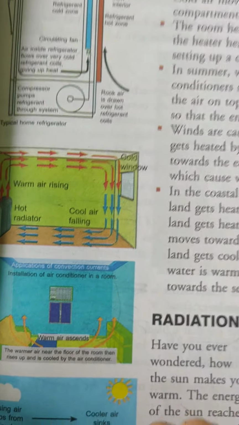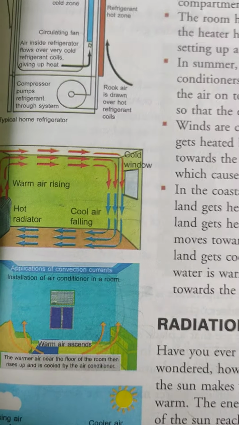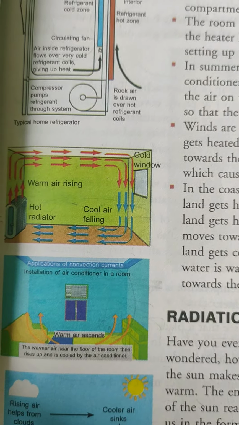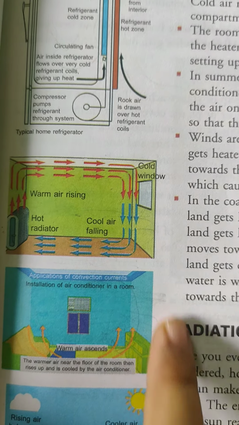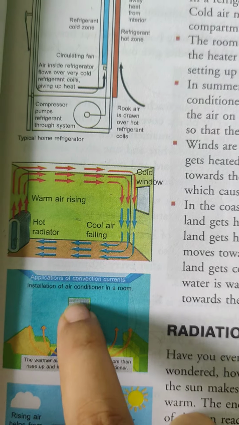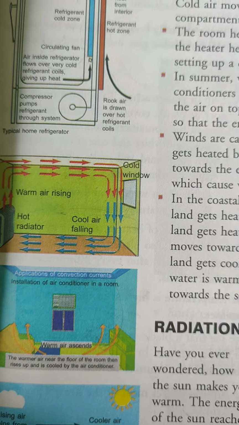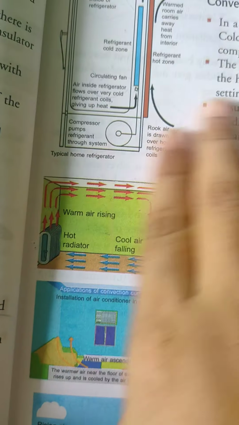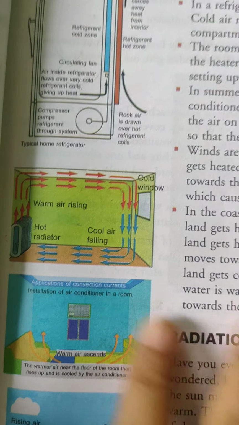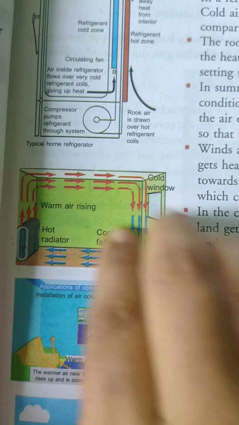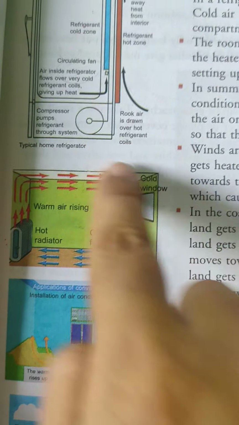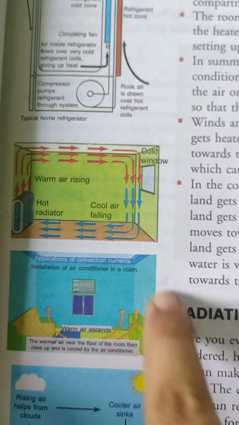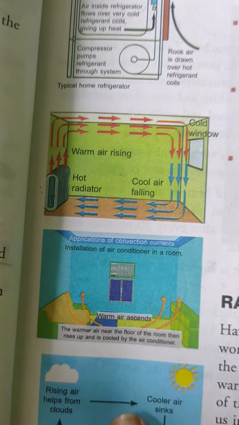Here the hot air will also get the coolness. Okay, the opposite thing happens when the convection current is set up. Because the air conditioner is continuously providing cooler air, and here the heater is continuously providing hotter air, right? That means in this case, due to the convection current, the whole room will be hot. In this case, due to the convection current, the whole room will be cold.